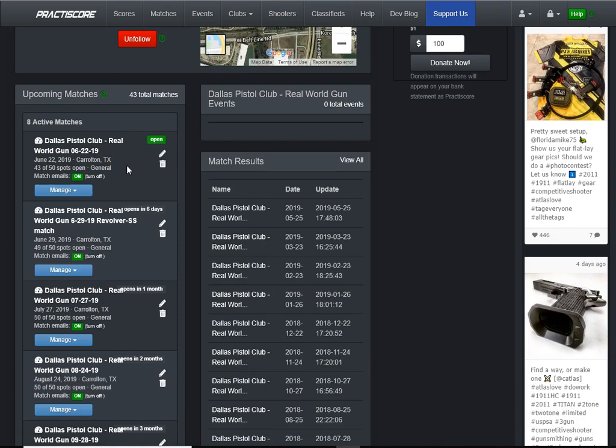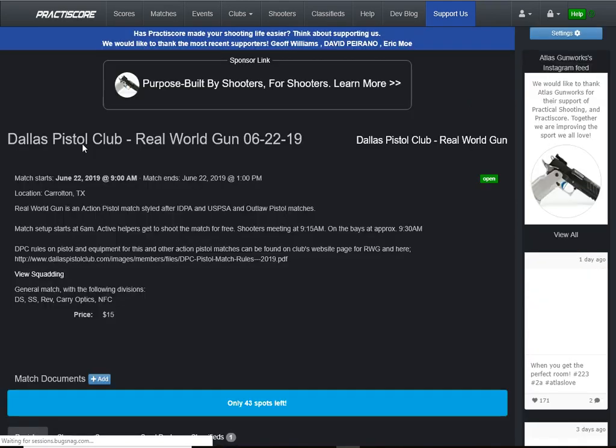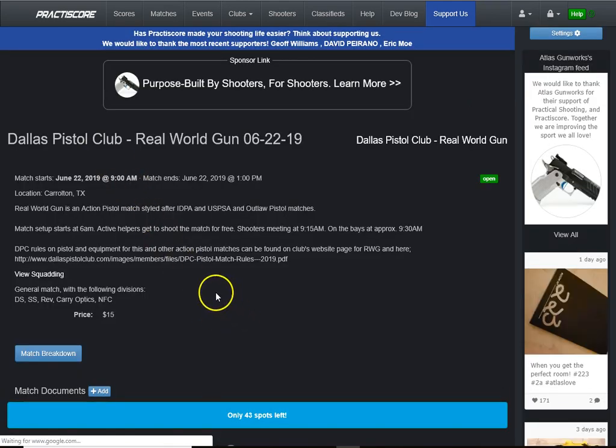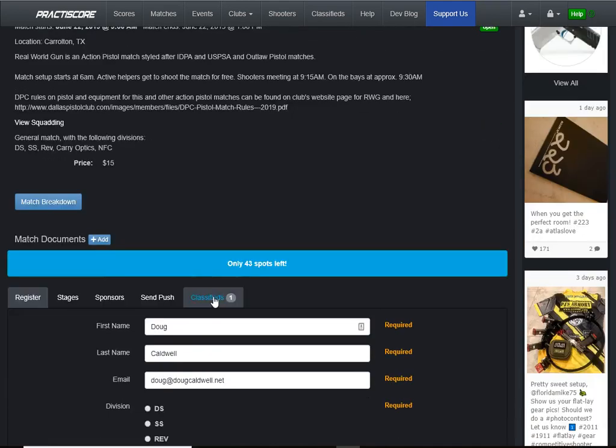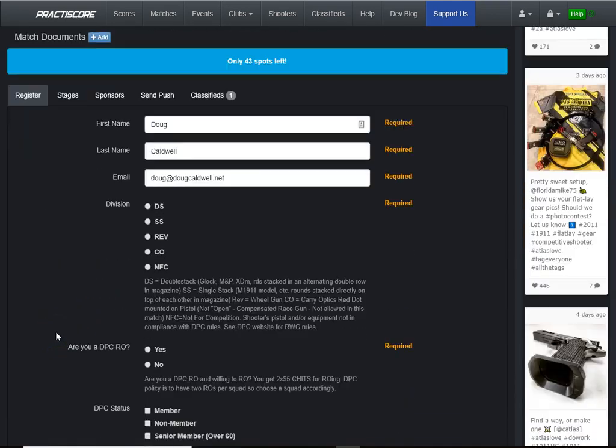This is an upcoming match, Dallas Pistol Club, Real World Gun, 6/22/19. I'm going to click on the text and show you what it looks like. And that'll take you to the registration page. Now this is the page that an individual shooter, who gets the link from your broadcast out or knows where to look, is going to come to, and they're going to fill out this particular